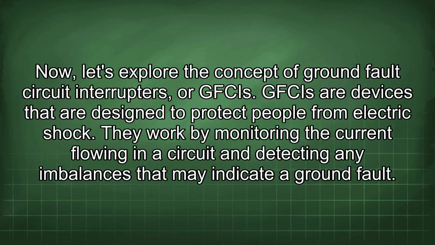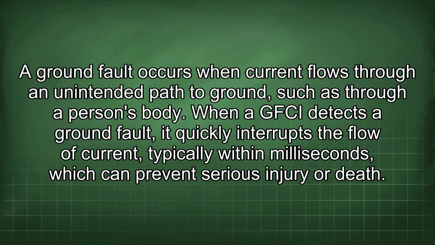Now let's explore the concept of ground fault circuit interrupters, or GFCIs. GFCIs are devices that are designed to protect people from electric shock. They work by monitoring the current flowing in a circuit and detecting any imbalances that may indicate a ground fault. A ground fault occurs when current flows through an unintended path to ground, such as through a person's body. When a GFCI detects a ground fault, it quickly interrupts the flow of current, typically within milliseconds, which can prevent